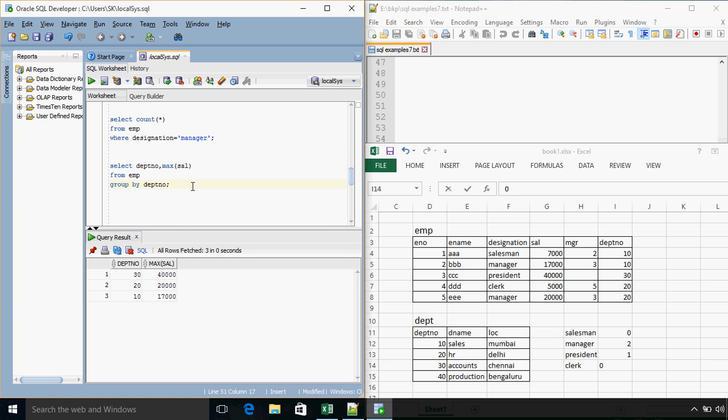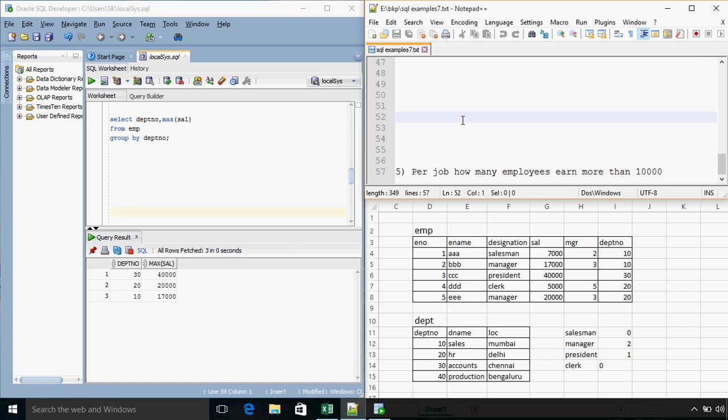So the question is, how many employees earn more than 10,000 and per job? So in select, I will specify designation because we are going to group by designation, comma, count star from EMP,